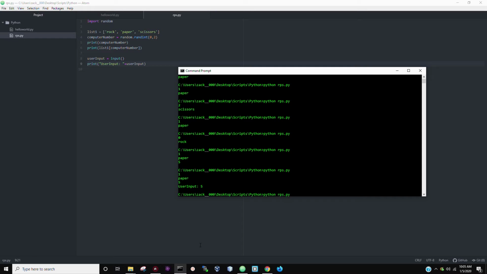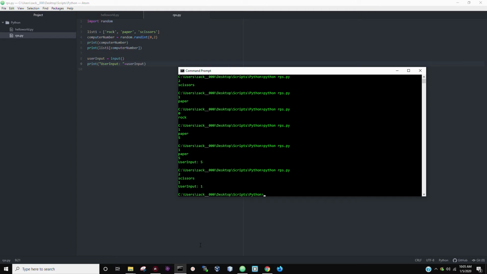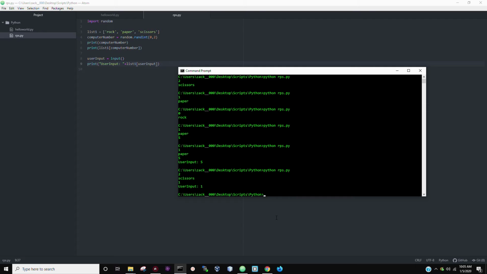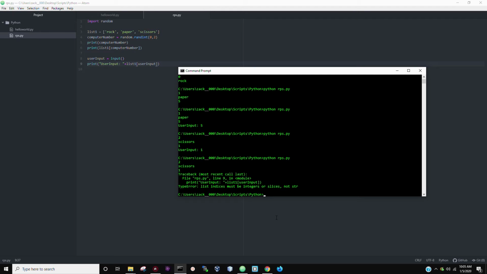I'm going to press up, do the same thing, but I'm going to press 1. Okay, so there you go, user input is 1. Now we're going to do the same thing here with list 1 as we did with computer number. Now if we save that, go back, press up, press enter, and if I type in 1, we should get paper,